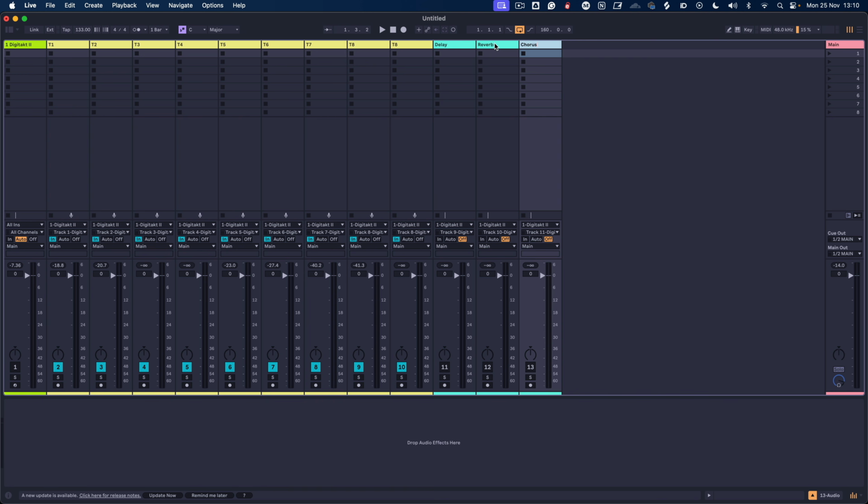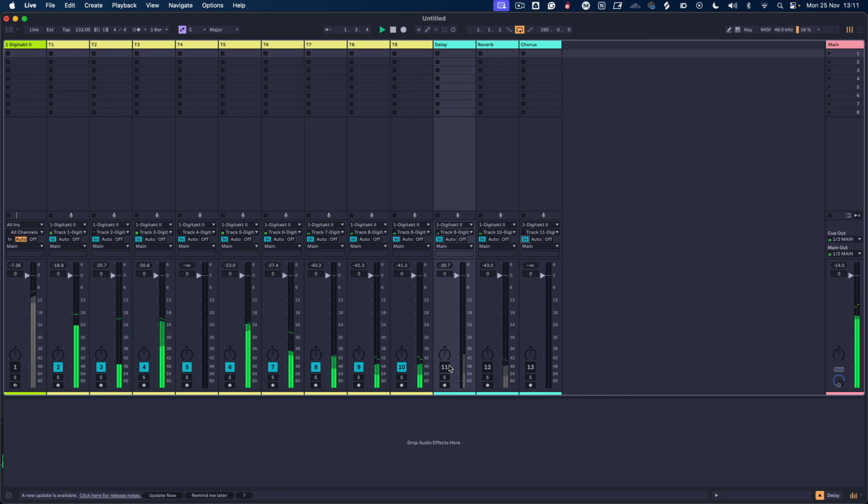Reverb, chorus, and if we hit play now, we should see those come in. And we can solo these to check it. So you can hear there, we've got the delay and reverb. And then what you could also do is go in, if you wanted to,